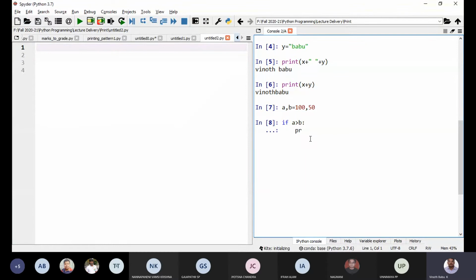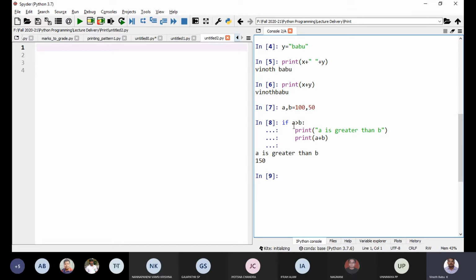For example, if the condition is true, I am going to print a is greater than b. Next line, I am also going to print a plus b, something like this. Hit enter. You just notice only one alternative.